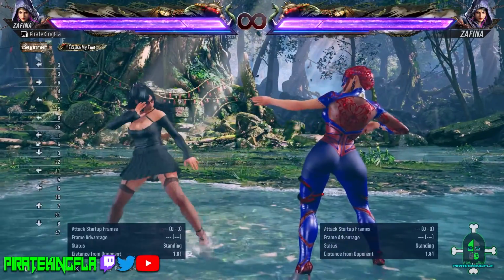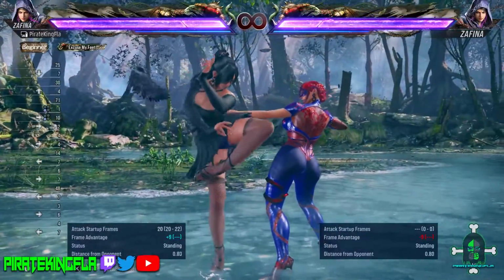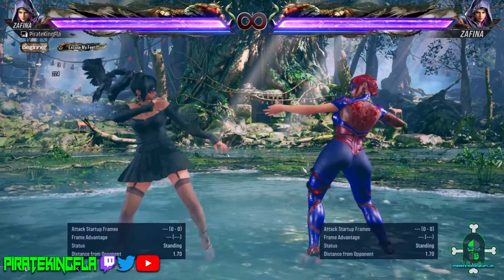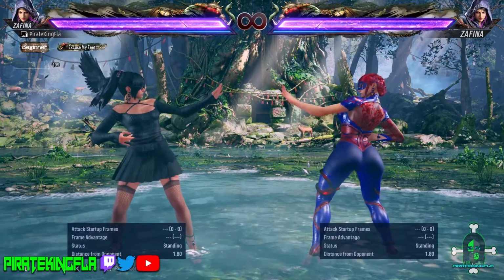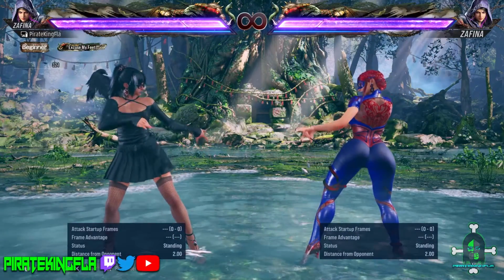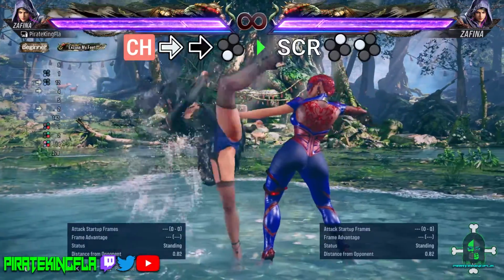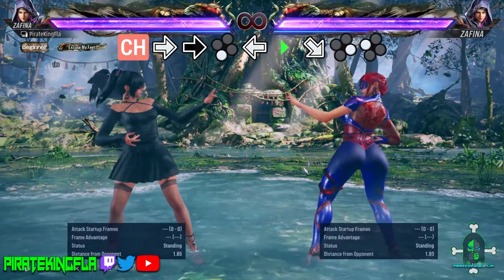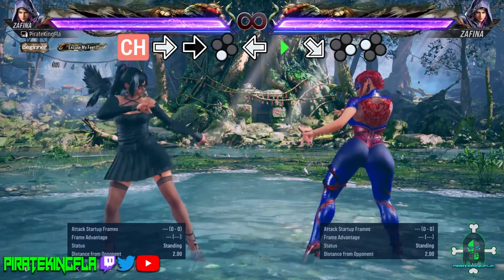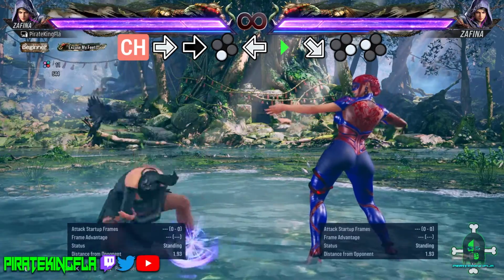Forward 3. This will be Zafina's main pressure tool that is a mid option. You have the advantage on block, and this can also transition into Scarecrow stance, as you can see. Or you can choose to remain in neutral by holding back after the move, just like that. This move has counter hit properties both in Scarecrow and neutral. So for example, if you land this and transition into Scarecrow, you can follow it up with Scarecrow 2-1, which is a heat engager. On counter hit in neutral, if you do not go into Scarecrow stance, you can get a follow-up down forward 4-1. So as you can see,